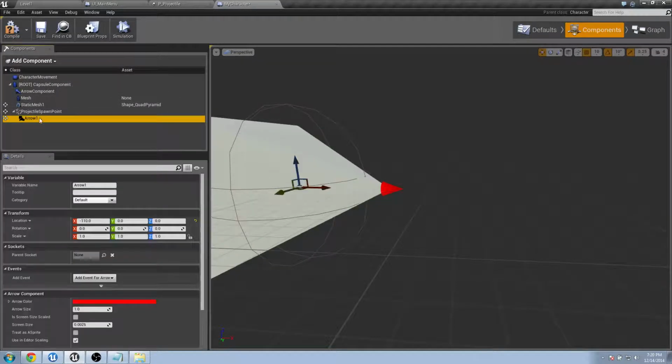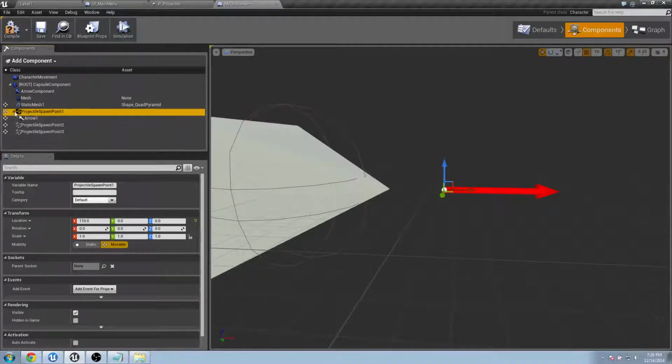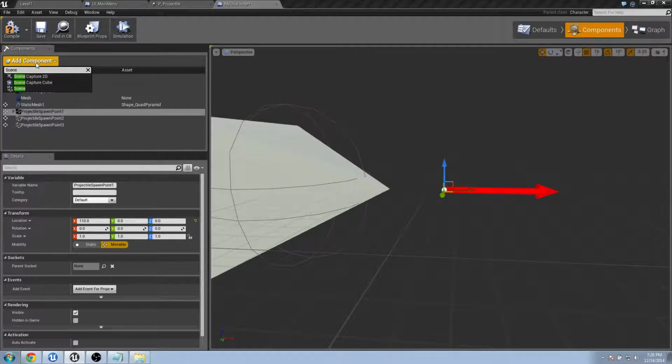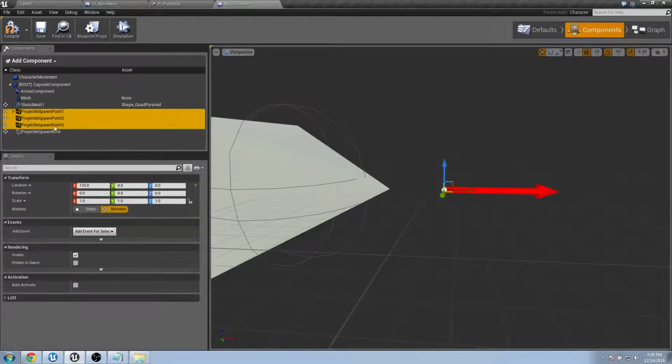We'll parent that to the spawn point, and we will reset its position so it's right on top. We can just duplicate this spawn point. Let's just make 3 to start, and just name them appropriately. Okay, and actually I want to have one scene component that's going to be the parent for all of these spawn points. Spawn root. I'm going to reparent these to the root,